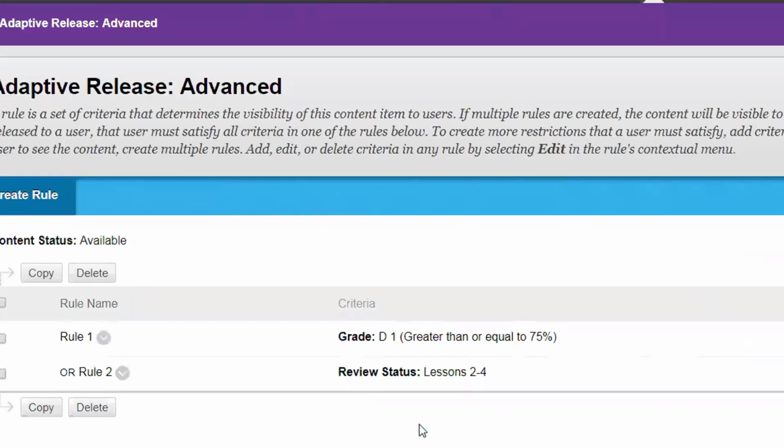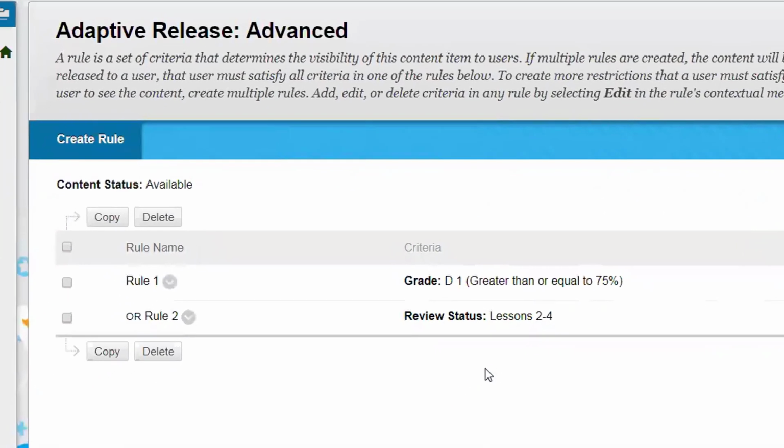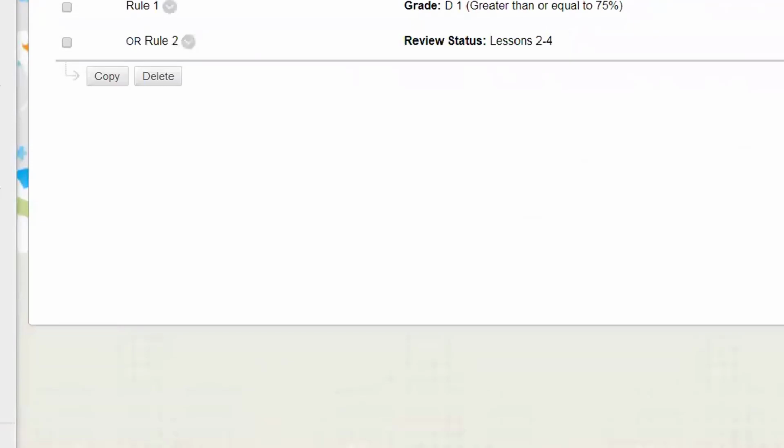And we're going to have 2 rules. The student has met a 75% or greater score in the discussion board, and they've also reviewed the lessons for the first week. Having done that, then the folder for week 2 will open, be made available, and the student can continue with the rest of the material. So I'll go back to OK,